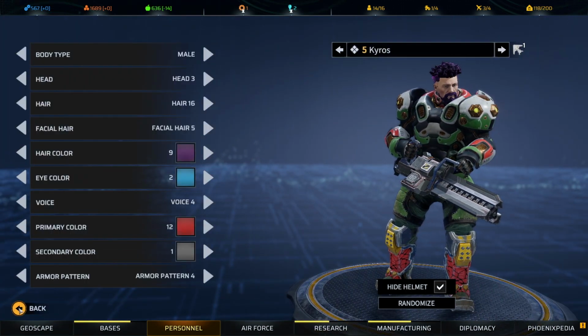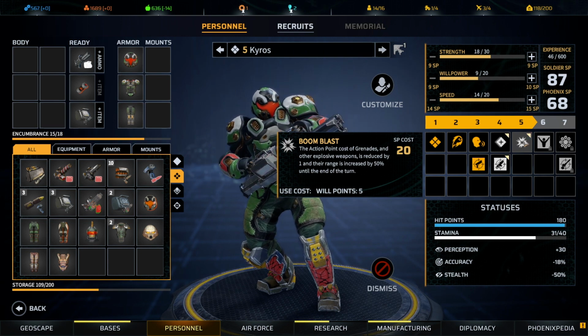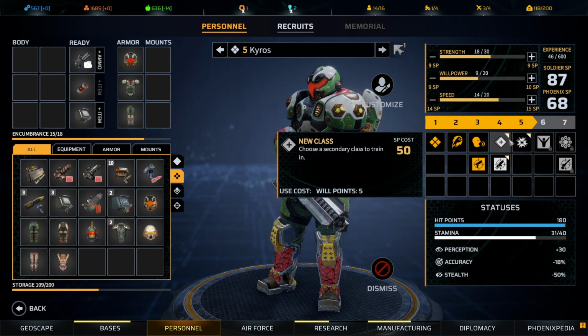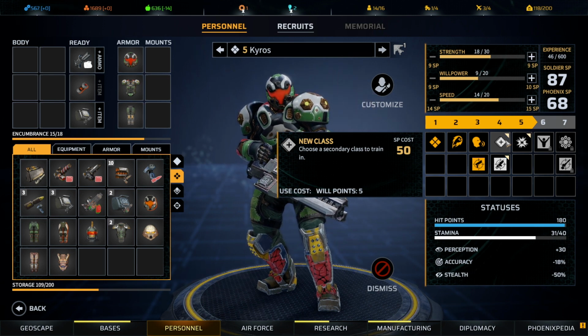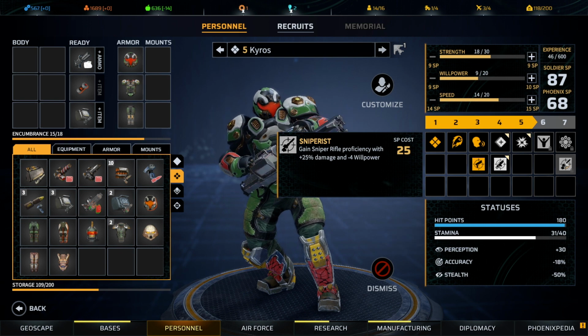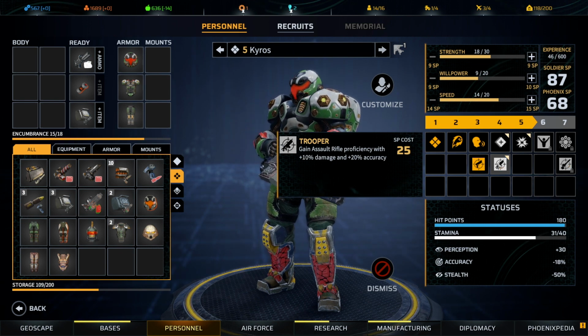Oh, why am I going to customize? I'm not even paying attention here. My cat distracted me. I looked down and I'm just clicking away as I'm not even looking. I'm trying to figure out which way I want to cross-class you. And I'm almost thinking,